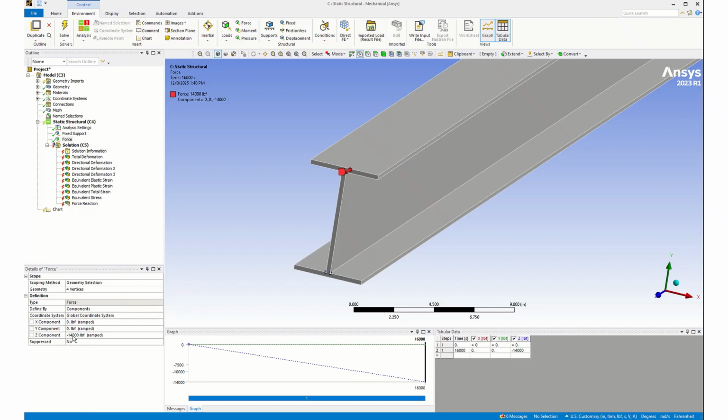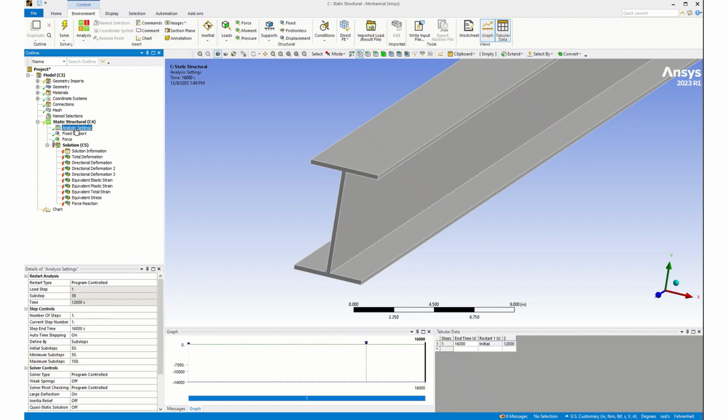And this 14,000 comes from the predicted 13,000 for the critical buckling load in the eigenvalue buckling system. So this should be plenty of force to cause this beam to buckle. In analysis settings, I can click on this, and what I have done here is I've changed the set time